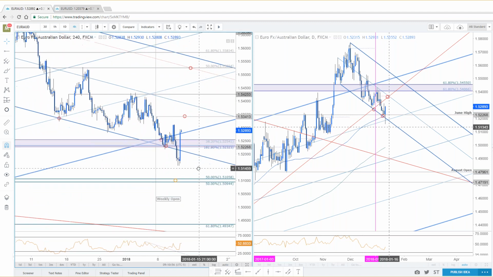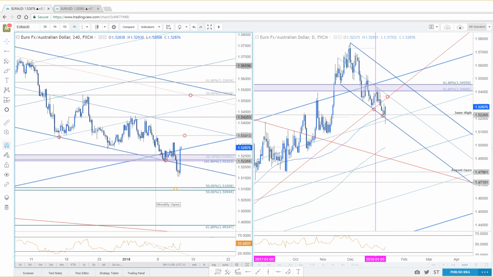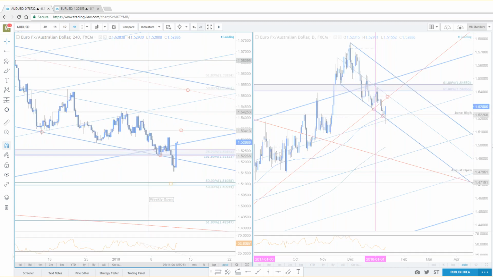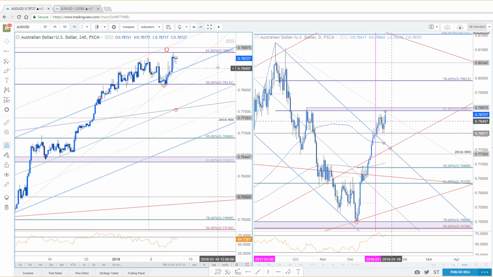So Euro might not be ready to break down any further, to be quite honest with you. And if Aussie pulls back, we've been talking about Aussie all week long. Here's Aussie dollar coming right into 78.86. Guys, this is the level that we were talking about back last week. All throughout last week, that was my target on the long. That was also my area of interest for entry on the short side, a possible exhaustion trade.